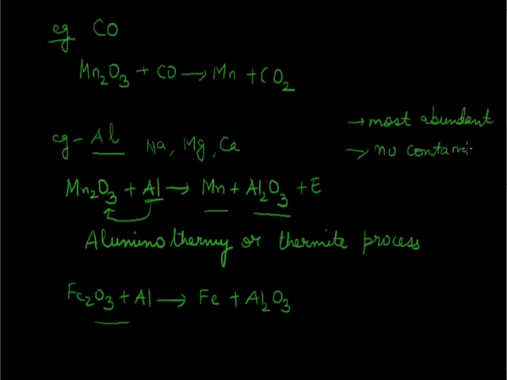Why am I specifying this point is, during the smelting process, when we are using carbon as reducing agent, there are chances that the metal extracted is contaminated by carbon. Here there is no such disadvantage. It is cheap, easily available, most abundant, and more importantly, it does not contaminate the metal. And metal and Al2O3, they form two separate layers, different layers, which can be easily separated from each other. After this step,